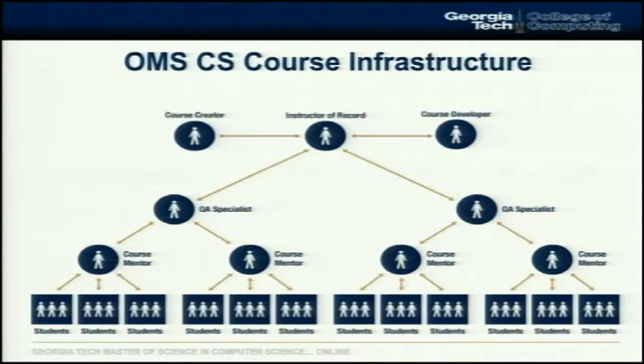So this is what a course looks like from the point of view of the process of making a course happen. We have students, perhaps thousands of them, hundreds of them, dozens of them, how many. We bundle them together with what we're going to call course mentors, people who are able to work with them one-on-one, some of whom live with Udacity, the bulk of whom, for all the educational and academic content, live at Georgia Tech. They are themselves managed by quality specialists who are able to deal with issues as they sort of bubble up, and eventually it works its way to the instructor of record, the creator of the course, and the